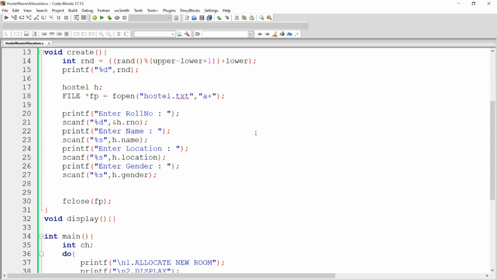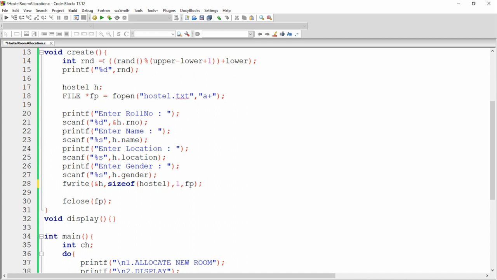Now I want to generate the random number. I already generated the random number. Once you get all this data, we can simply write this data into the file using the fwrite function. So I'm writing here fwrite, address of h, sizeof hostel, and I want to write the file pointer.